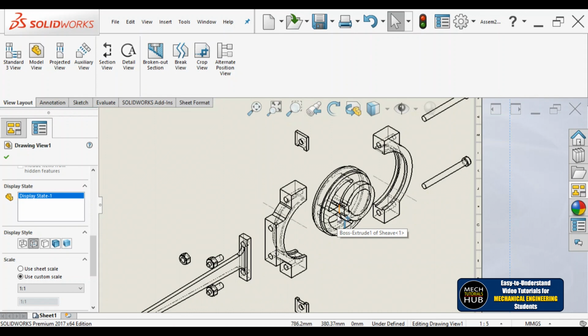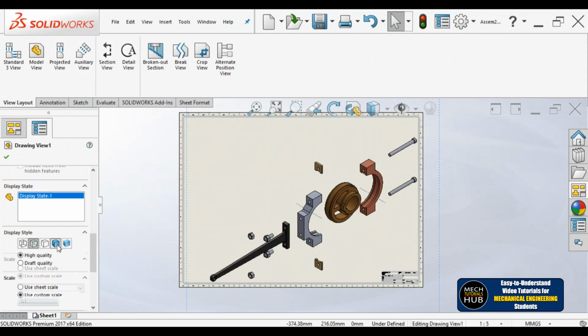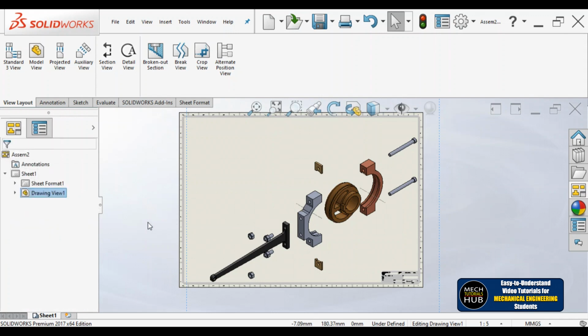Actually we make an exploded view to make the other person understand the functioning of that particular system properly. So wireframe will give you discomfort, it will not give that much effect to an exploded view. So try to keep the components in this solid model, keep it in high quality. All right, and now simply say OK to this. You can increase the scale, decrease the scale, do whatever is required.